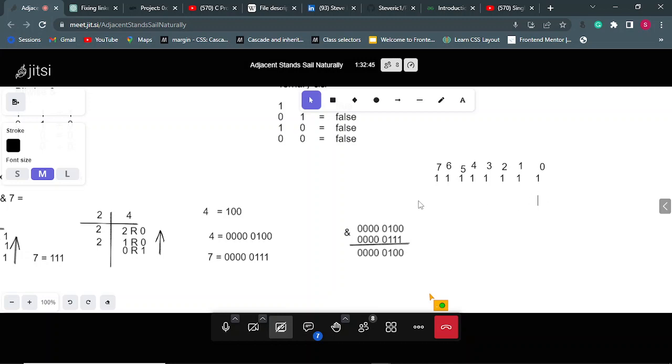What we're going to do here is 2 raised to power 7, 2 raised to power 6, 2 raised to power 5, 2 raised to power 4, 2 raised